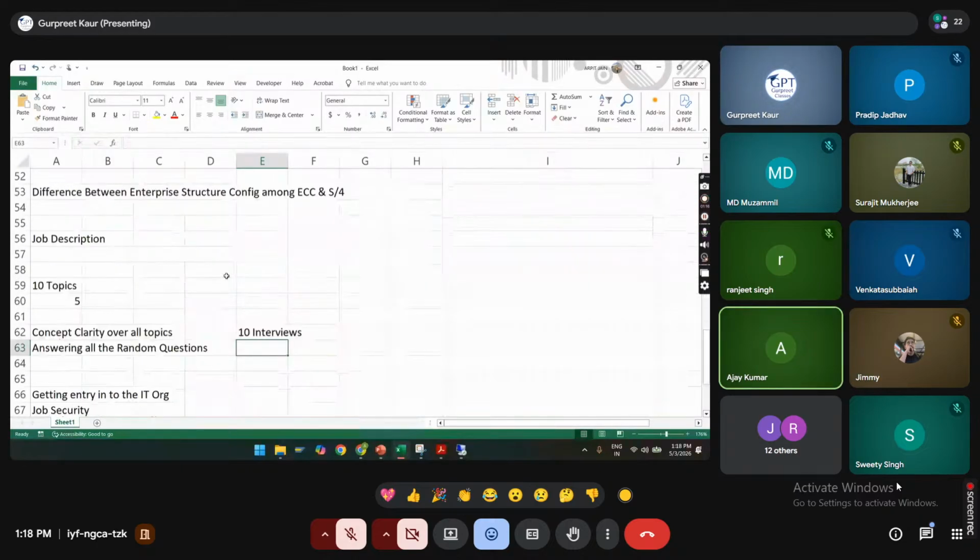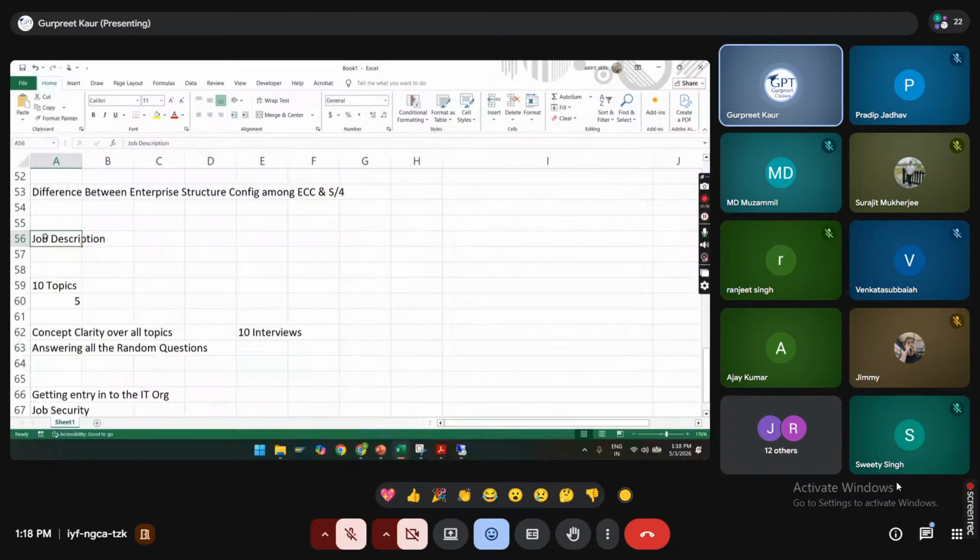JD based means until you land a job, until you join somewhere, we are supporting you for every interview, because every organization has a different JD. Can you share the LinkedIn of one who has shown that, like Siddharth? Sure.